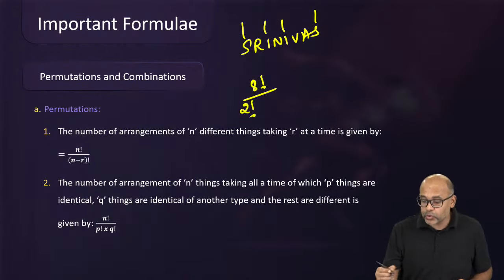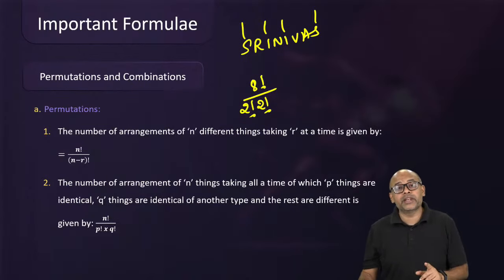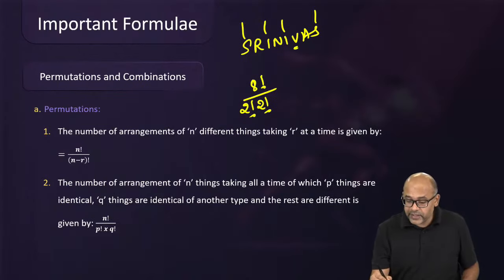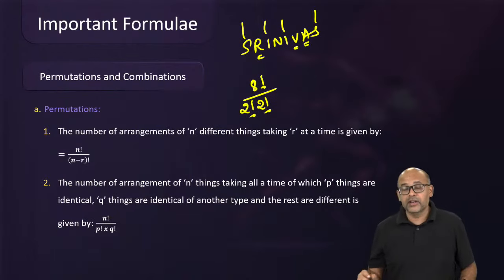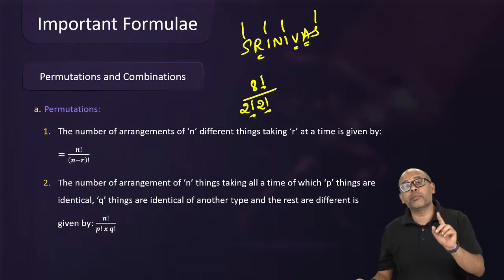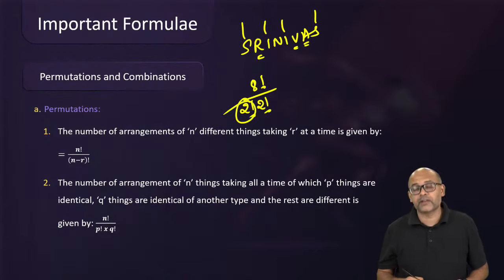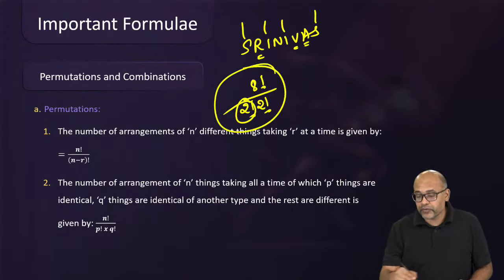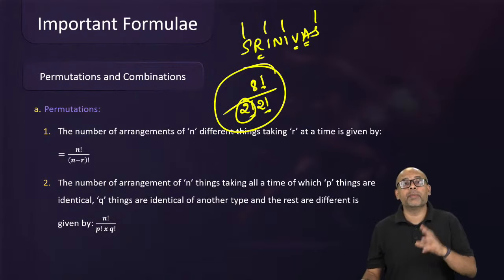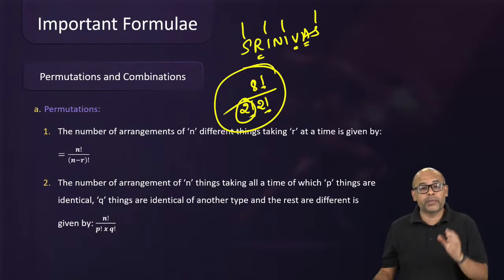How many I's? 2 I's. So 2 factorial for the I's. Is there any other letter being repeated? No. There is only one V, only one A, and only one R. So no repetitions, leave it as it is. Whatever is getting repeated, depending upon how many times it is repeated, you will write that factorial. So the number of 8-lettered words that can be formed by my name is 8 factorial by 2 factorial by